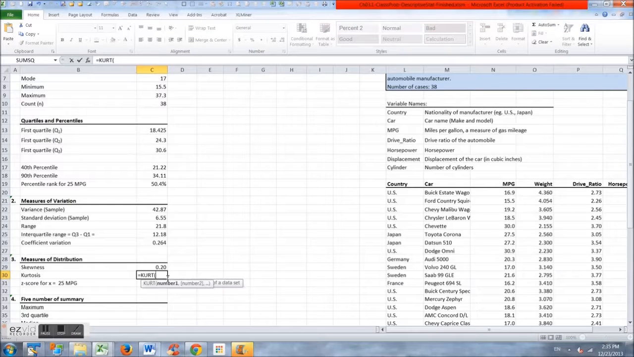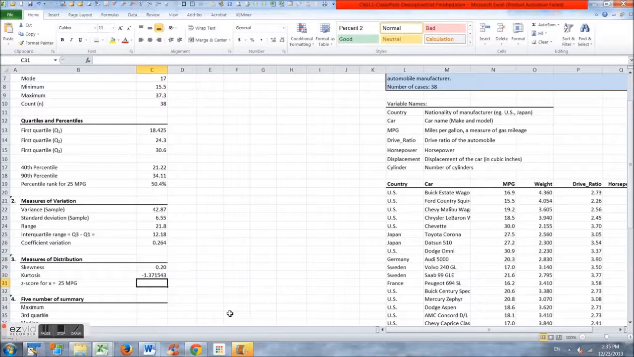skewness. Now, kurtosis, which is KURT, measures how peaked or flat the distribution is. Zero is the normal, if it is like in the normal distribution. If you have positive kurtosis, then it is more peaked than the normal distribution. If it is negative, then it is more flat compared to the normal distribution. In our case, we have a negative value, so the distribution is flatter compared